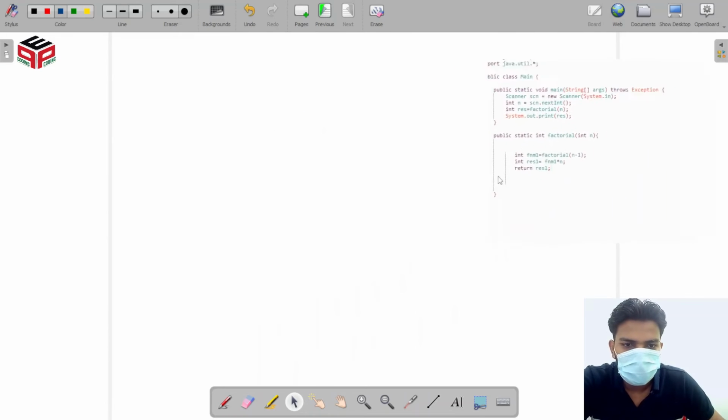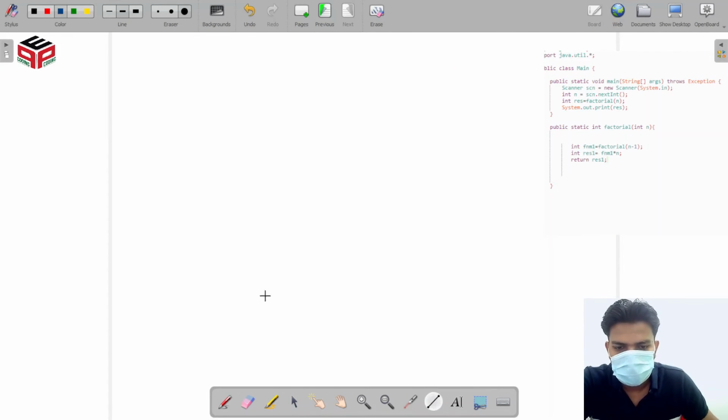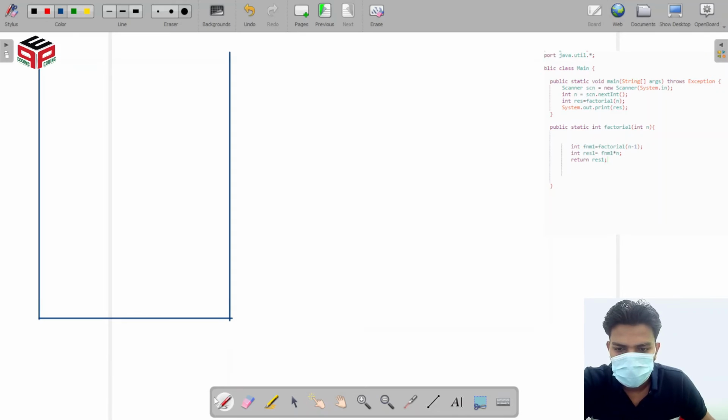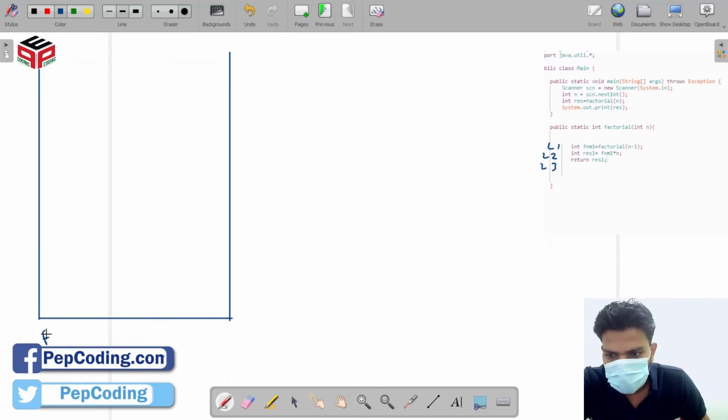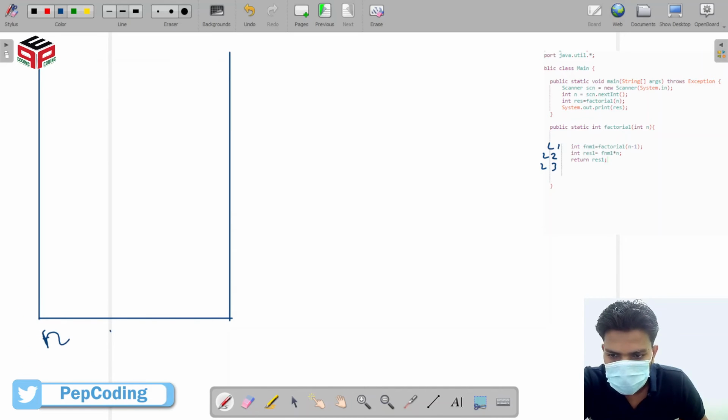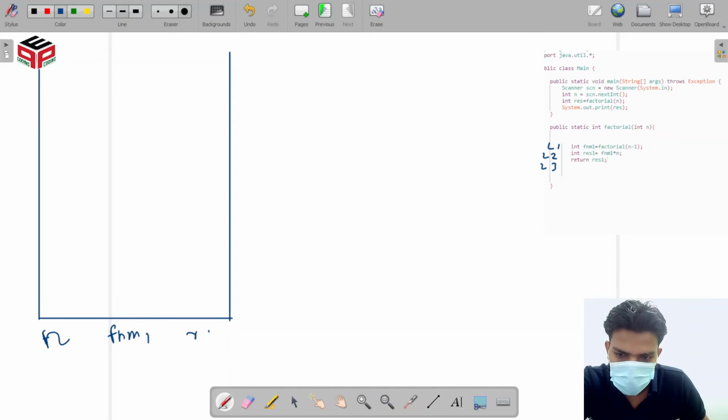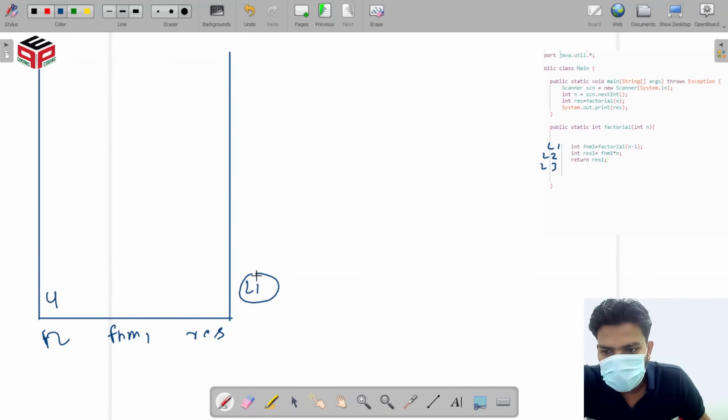So this is your code, and this is your main stack. Here this is line number 1, this is line number 2, this is line number 3. Okay, and here this is our value n, this is our f and m1, and this is our result. Initially we give n equal to 4. So in the stack we give n equal to 4, and when line number 1 runs this function, then the 4 becomes 3 and calls the next function with the value 3,